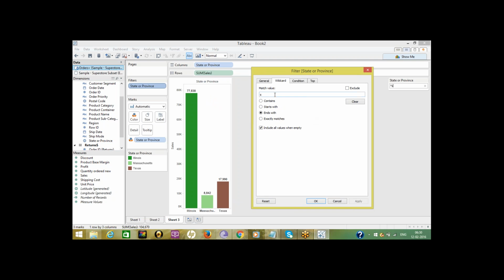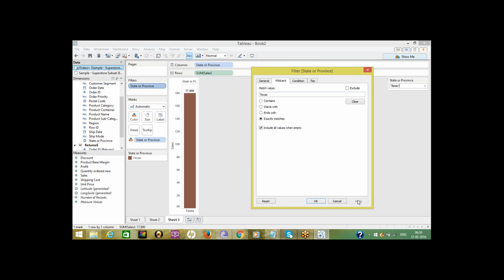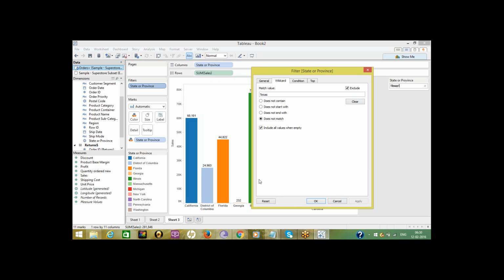Exactly matches means, for example, Texas. Exclude means everything except Texas, all other states, in an inverse manner. So in wildcard there are four options: contains, starts with, ends with, exactly matches.